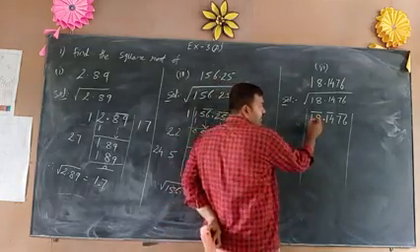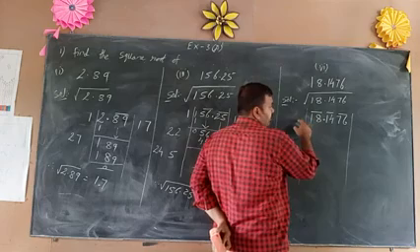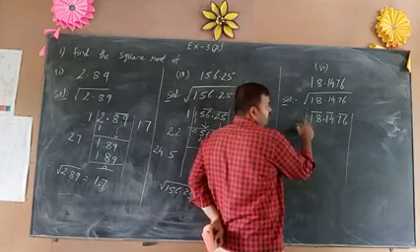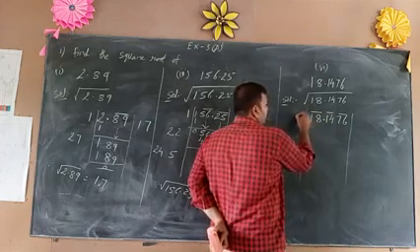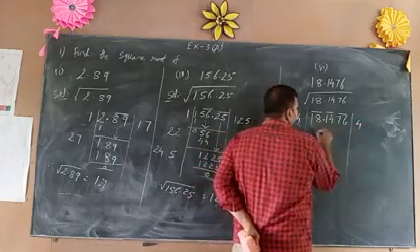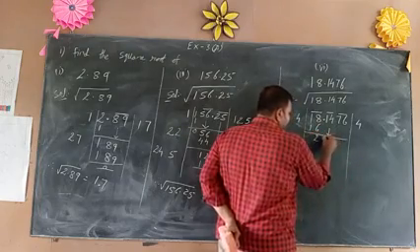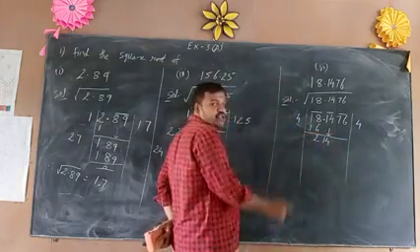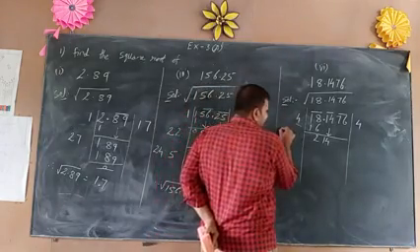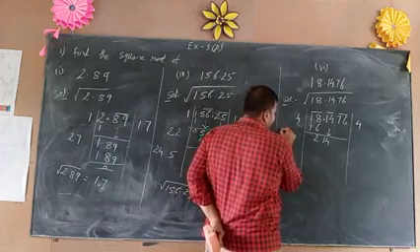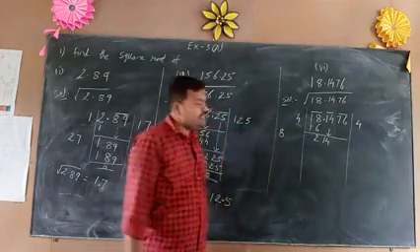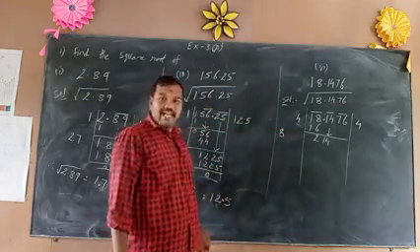So taking the first pair, we use the square table: 1 1 is 1, 2 2s are 4, 3 3s are 9, 4 4s are 16, 5 5s are 25. So only 4 is possible. 4 4s are 16. Subtracting, from 21 we get 5. Now double the quotient. Double of 4 is 8, that is 4 plus 4 is 8.